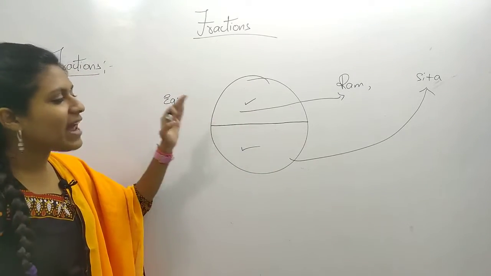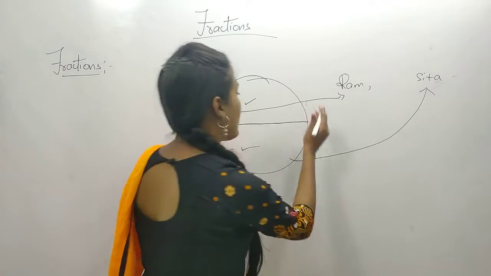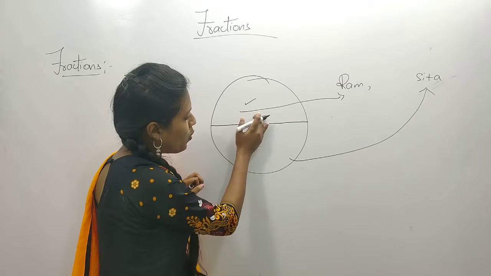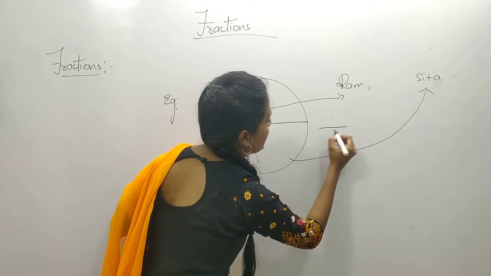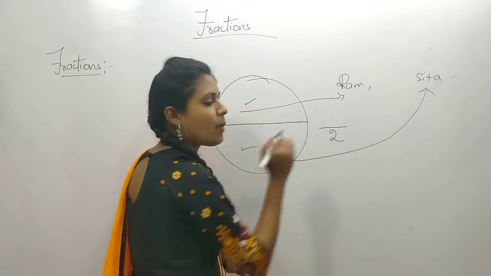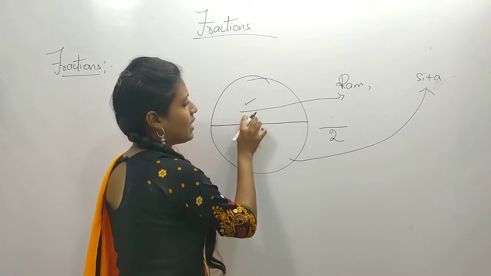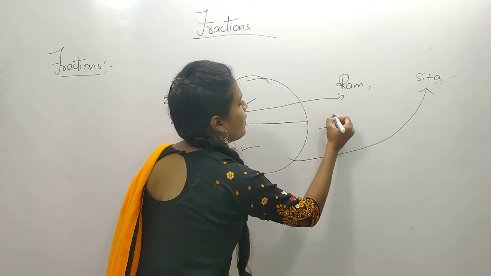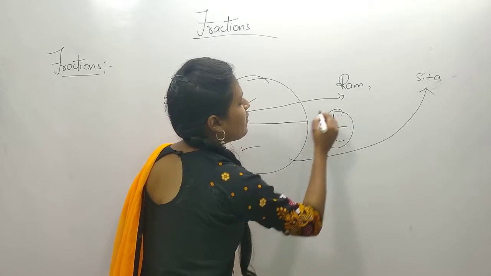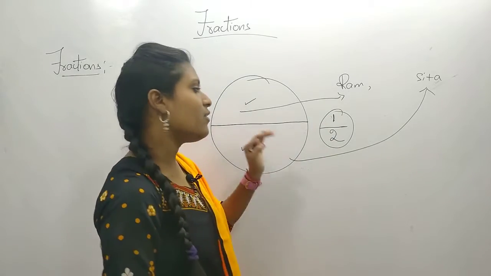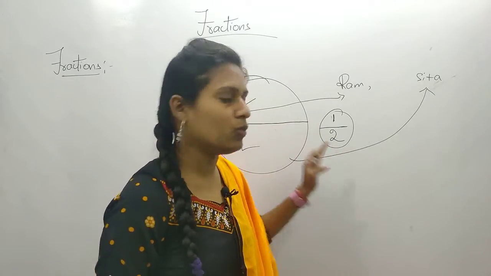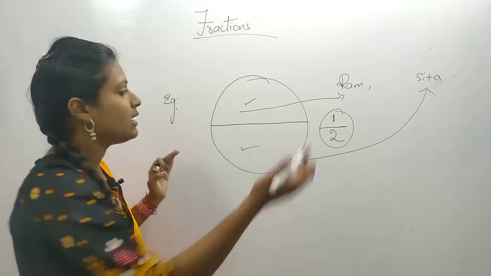Now, in fraction, how will we write it? 1 by 2. How? The total parts, how many parts is it divided into? 2. 1, 2. So the total parts will be written as 2. One part between two persons, how many parts did they get? Only one. Each one. So 1 is given to two persons, which means 1 by 2. Mathematically, in fraction, we read it as a half or 1 by 2. Let's go further.